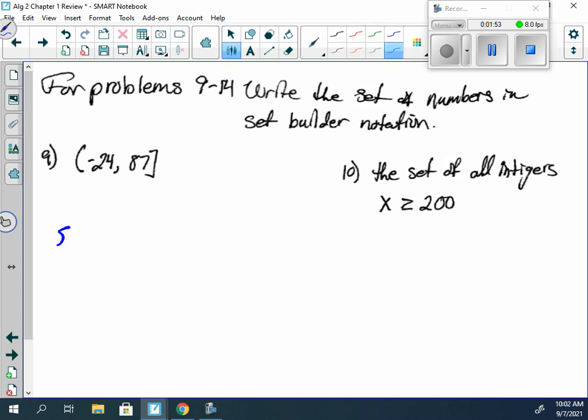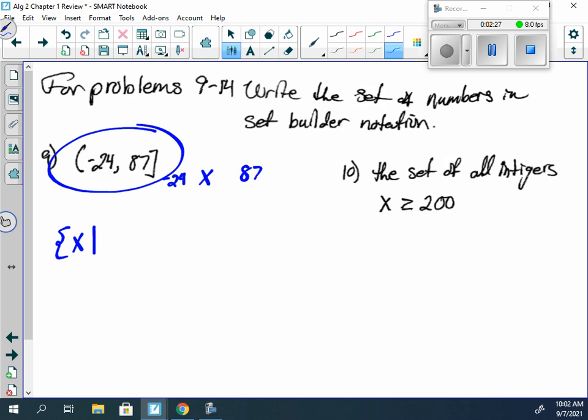So here we're wanting to write it in set builder notation. Since we're talking about an interval, we're just going to say the set of all real numbers x. So our curly bracket x bar is the set of all real numbers x such that, well, unfortunately, I can't just put this in as it is. I need to change it over to inequality notation, into an inequality. Since I have two numbers, I don't have infinity. Most likely that means x is going to be in the middle. Our smaller number is negative 24. Our biggest number is